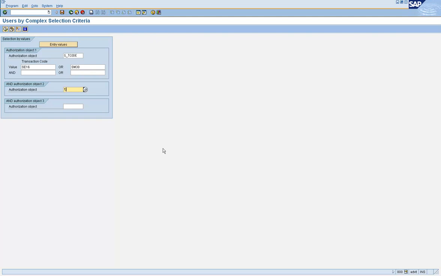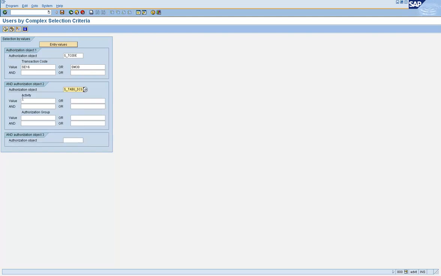So the ability to change data in a table is controlled by S_TABU_DIS, and the activity is 02 for change, create. When you hit that combination, we'll see how many people we get, and after that we will also remove S_TABU_DIS and see how many people have access to only those transaction codes.